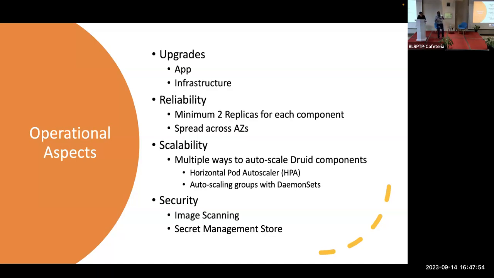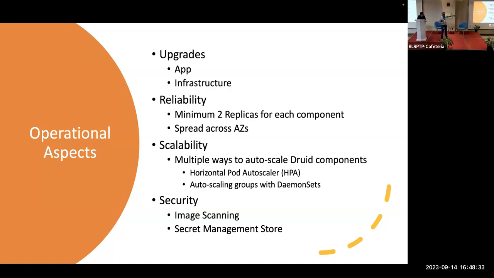Now, let's consider a picture. The broker gets some more queries than expected, and it needs to scale the pods by 2, right? It will increase the pods by 2. But what if there are no nodes available for those particular brokers? So there the cluster autoscaler comes into the picture. It will see that some of the pods are in pending state because the nodes are not available, so the cluster autoscaler will spin up a node, add it into the ASG group, and your pod will be up.